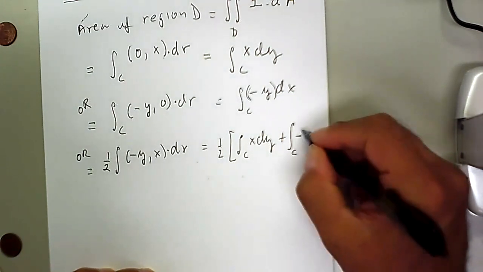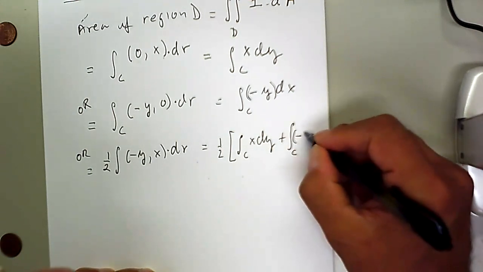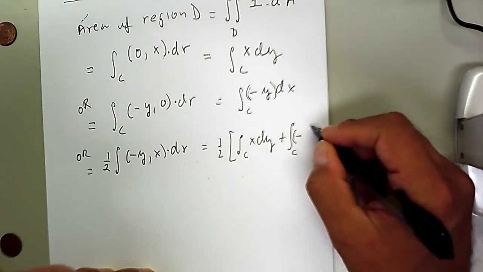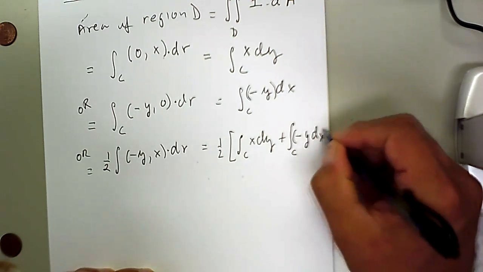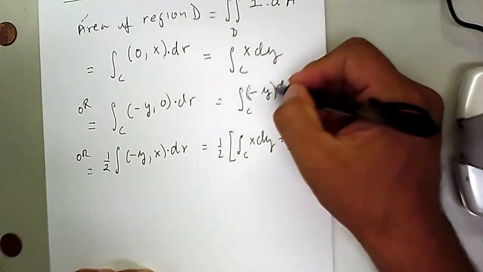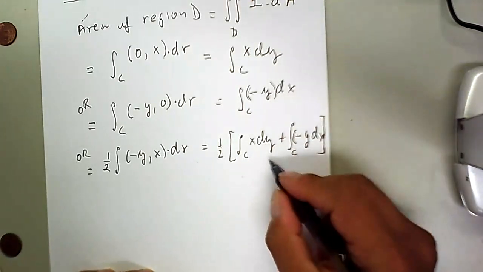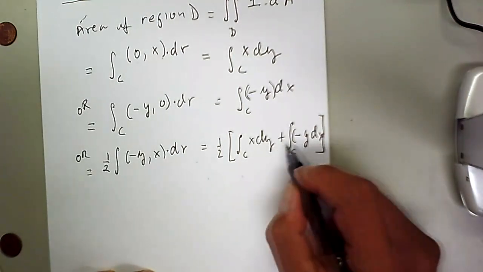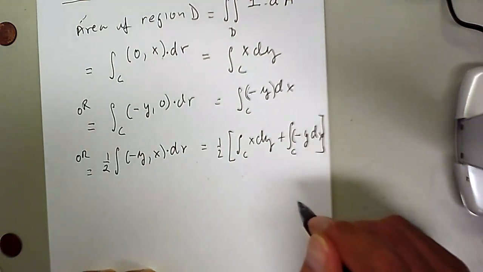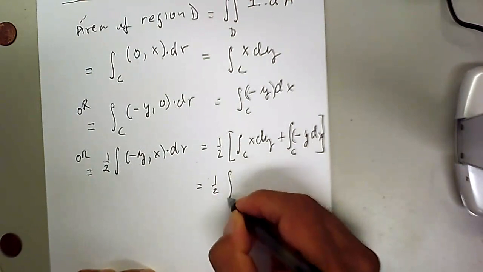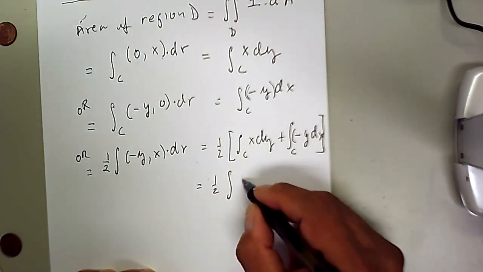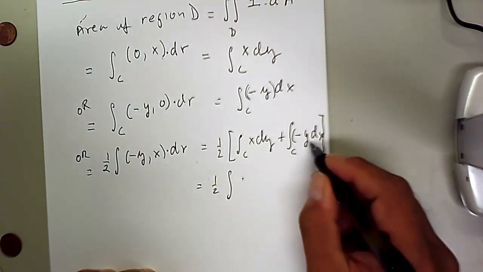Negative, I should have put the other way around, but no, it's too late. So negative y dx, close the bracket. I was copying this plus this. I should have brought down this one first, because typically we do dx dy, not y dx, same thing. And by the way, the notation for this is half. There's another way to rewrite this, so let me do it right. Negative y